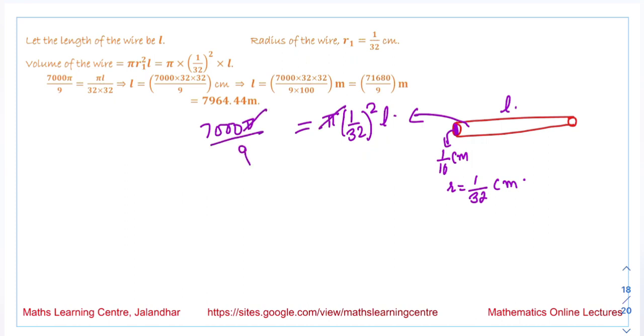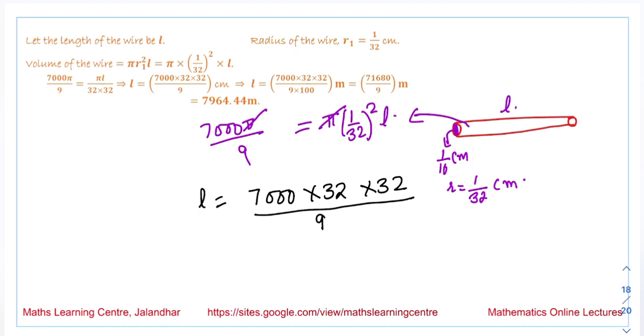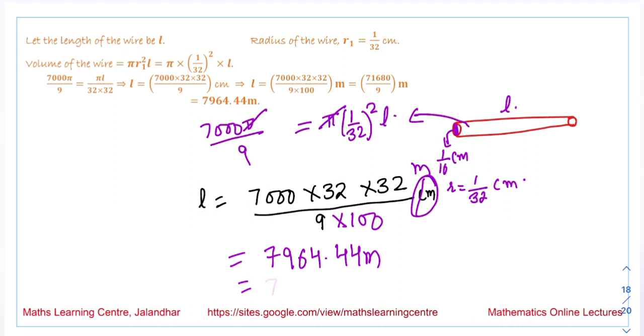So pi gets cancelled over here, and the value of L that we obtain is equal to 7000 into 32 into 32 by 9 centimeter. Now if we convert this value into meters, we are dividing it by 100. On solving this value, you will get the answer as 7964.44 meters. If we convert it to kilometers, it is 7.95 kilometers. So this is the length of the wire